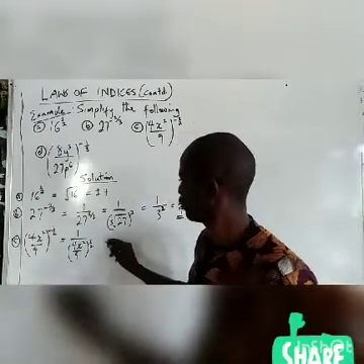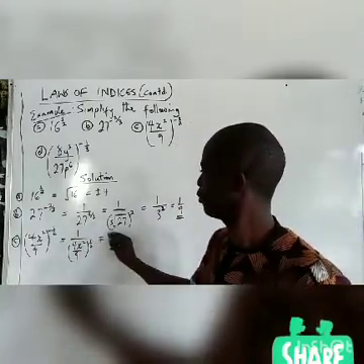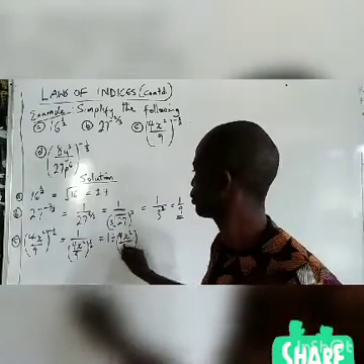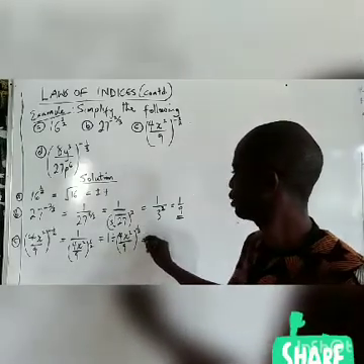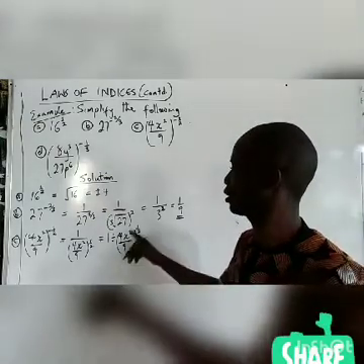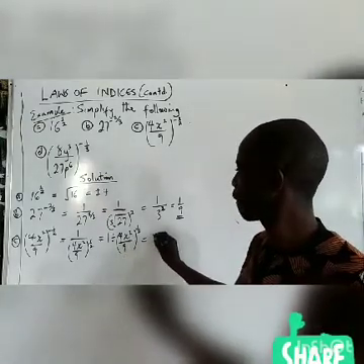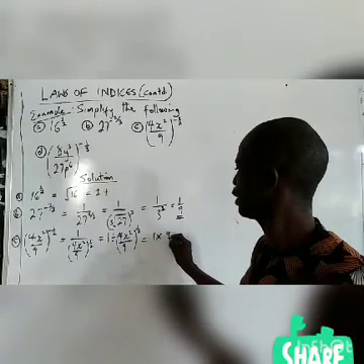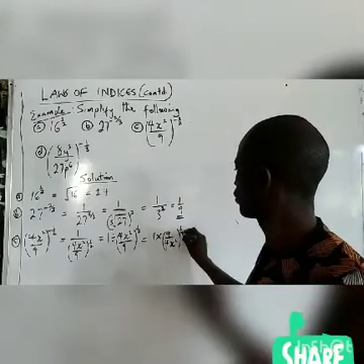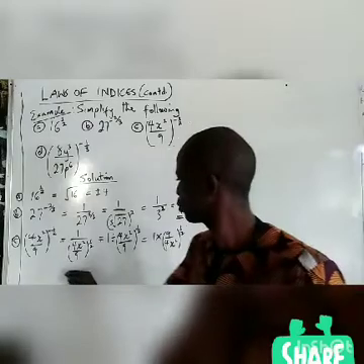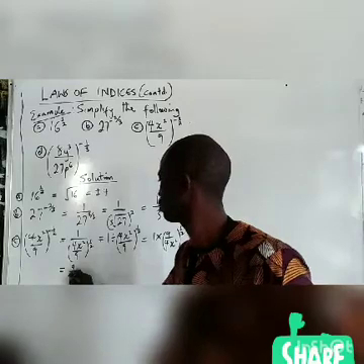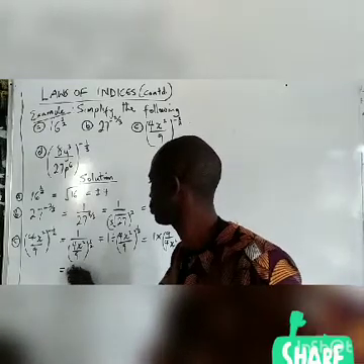over 2. So here now, it means we are dividing 1 divided by (4s squared all over 9) raised to power half. This gives us division, we always change to multiplication, then you reverse the fraction after it. So we'll be having 1 times 9 all over 4s squared raised to power half. So from here, this will give us 1 times 9, we're having 9 all over 4s squared raised to power